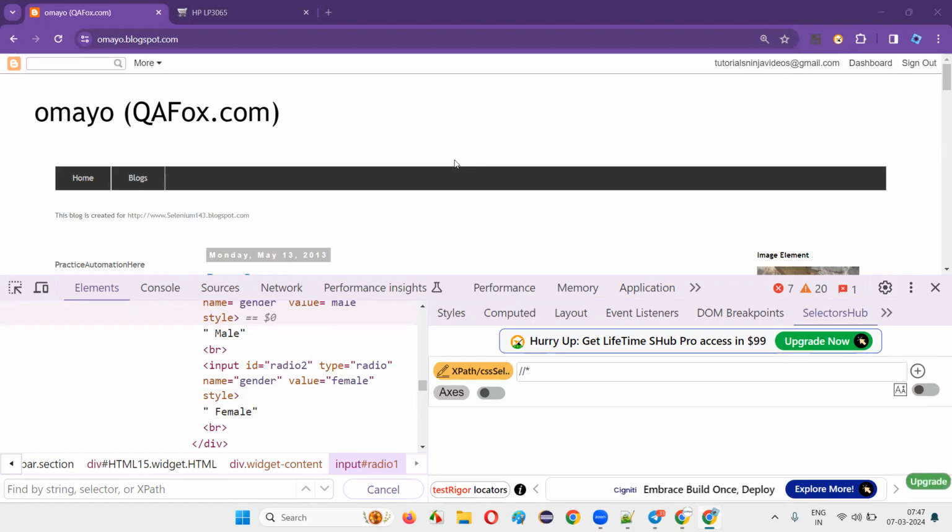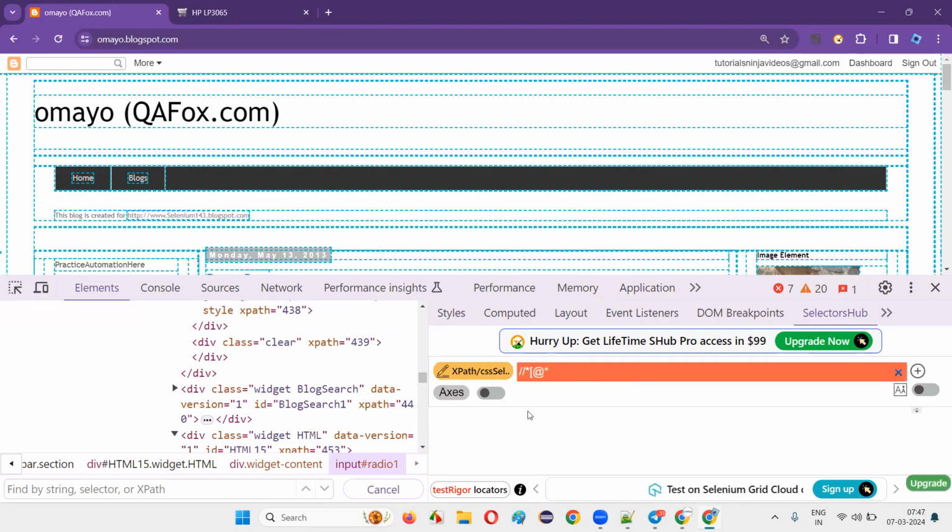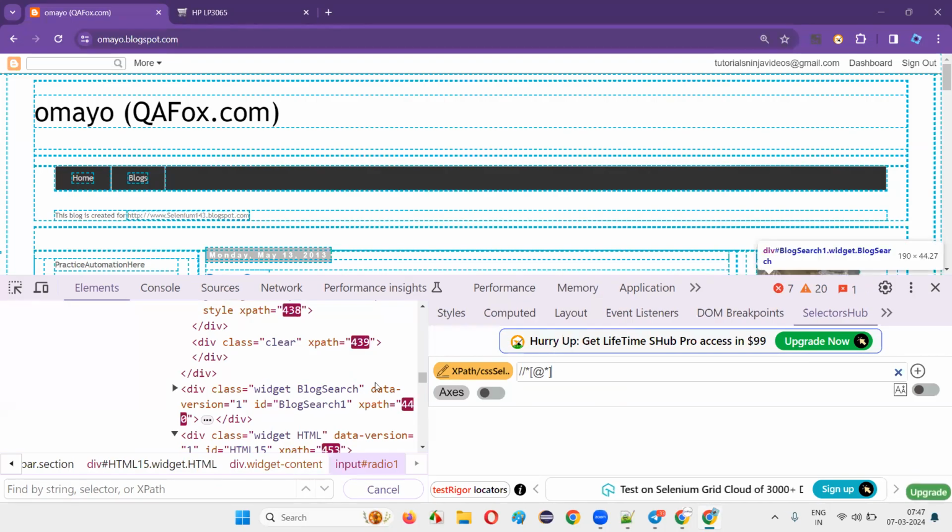Rajkumar is asking me a question, you can see it in the chat box, guys. The question is something like this: when I say double slash asterisk, we got 608 elements. Again, when I say at the rate asterisk,